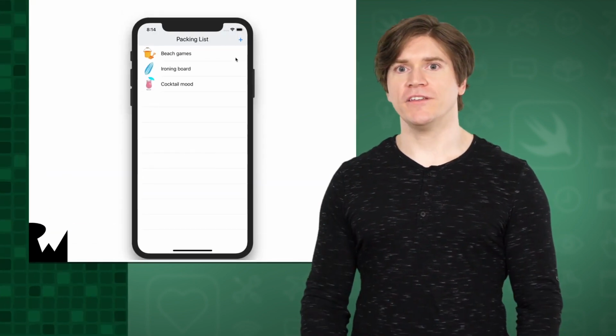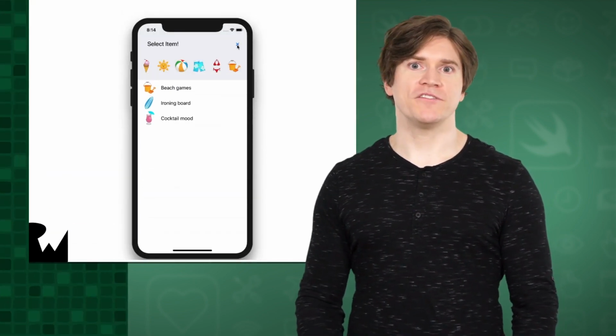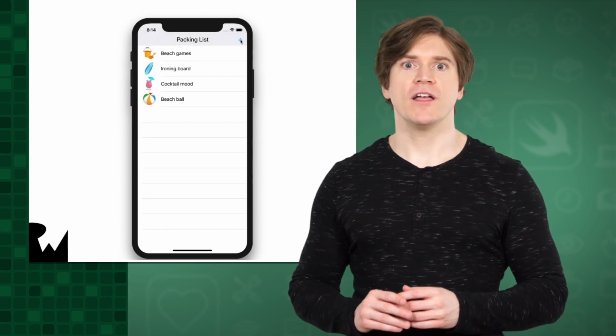Now that you have a good idea of what animation is, you're ready to create your first view animation. You'll start with animating constraint constants, an essential skill when working with auto layout. As I mentioned in the introduction, we'll be adding animations to this packing list app throughout this part of the course. For your first animation, I'll walk you through how to animate the height of the menu at the top